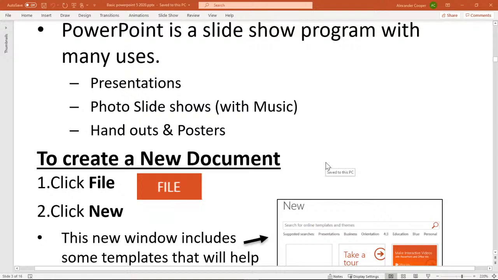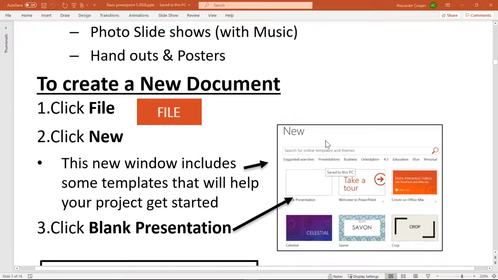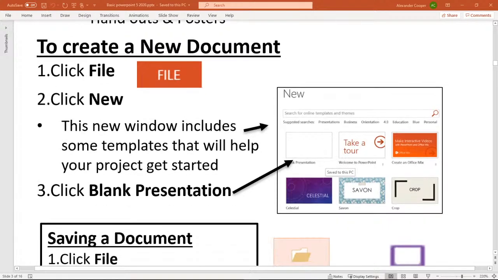Of course, in our Word class, we talk about dealing with our pictures and changing the wrapping of the pictures. But with PowerPoint, we just put a picture and it just kind of floats. It makes it a lot easier to get that job done. So let's go ahead and start PowerPoint.